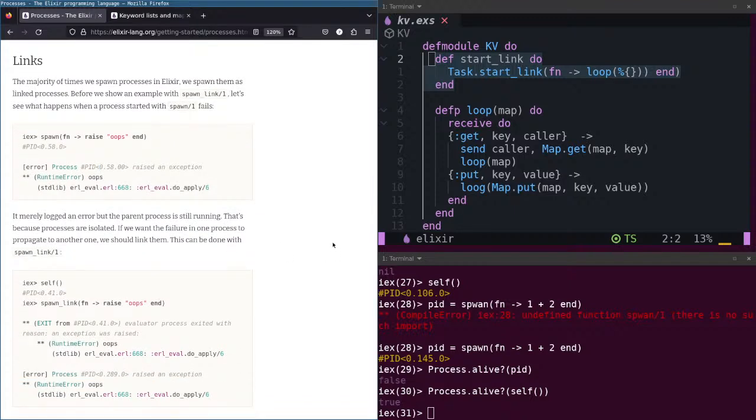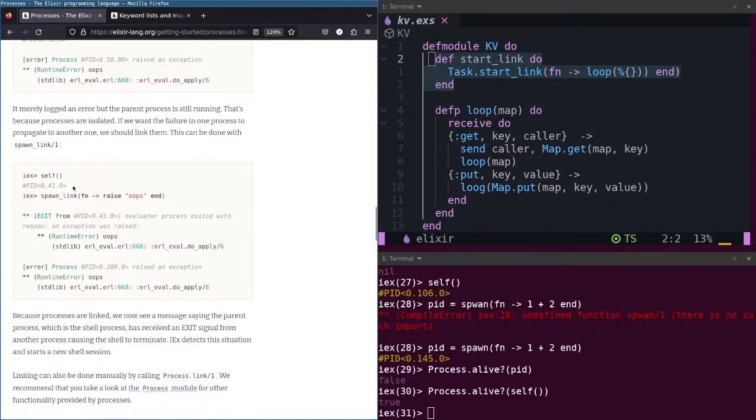It is merely logged as an error by the process. The parent process is still running. That's because processes are isolated. If you want failures in one process to propagate to another one, we should link them. This can be done with spawn_link. Self, my current process. Spawn link.